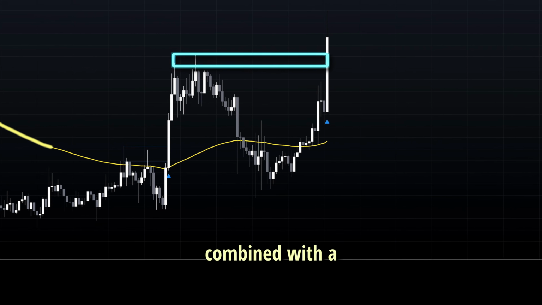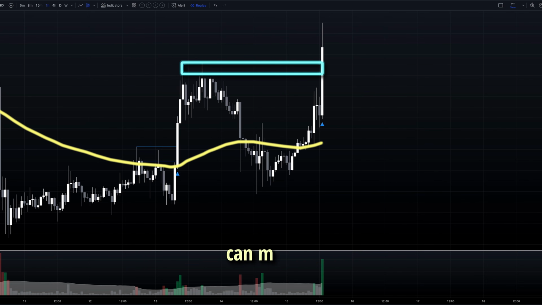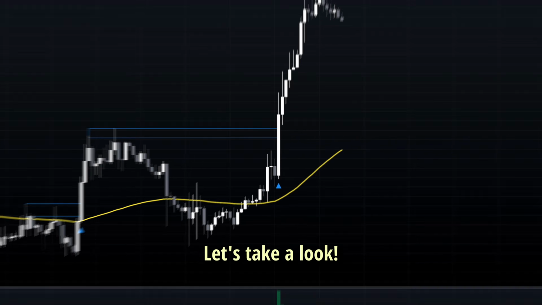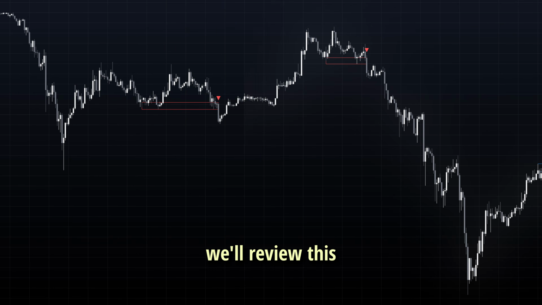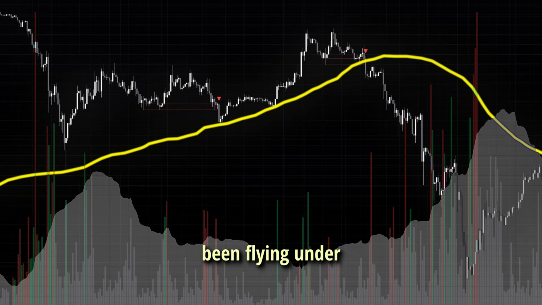A breakout finder combined with a trend filter and volume indicator can make a very strong strategy. Let's take a look. Hi traders, today we'll review this powerful trading strategy that's been flying under the radar for